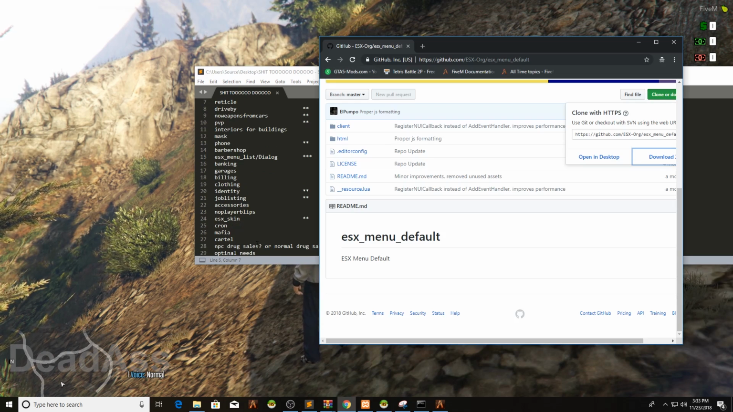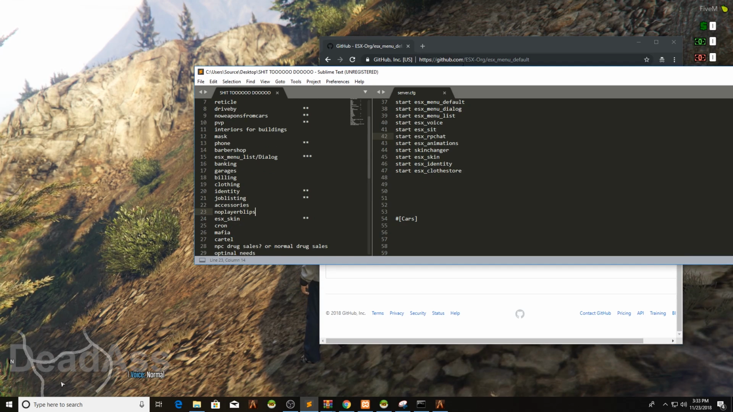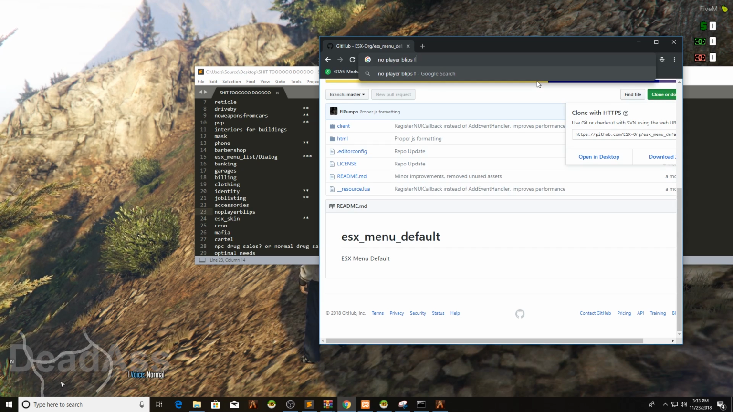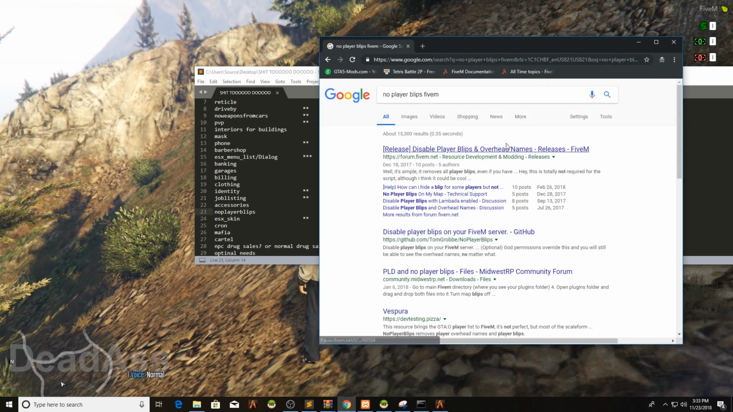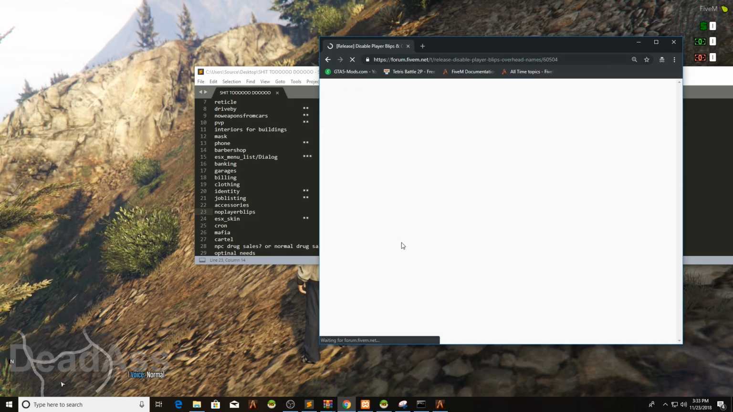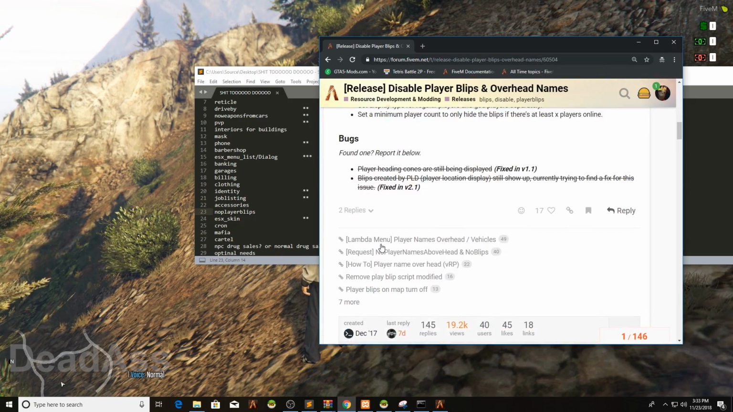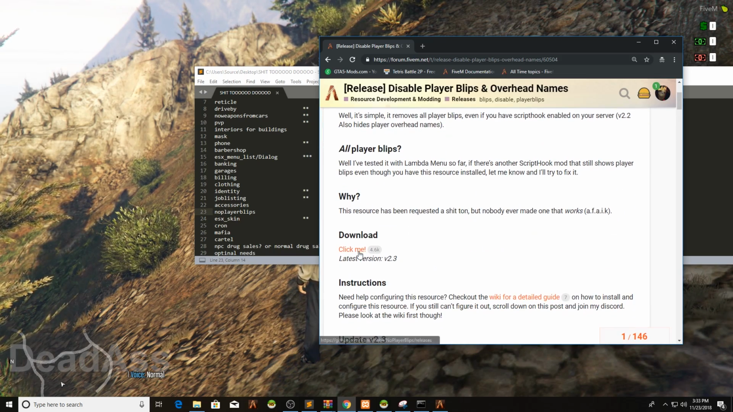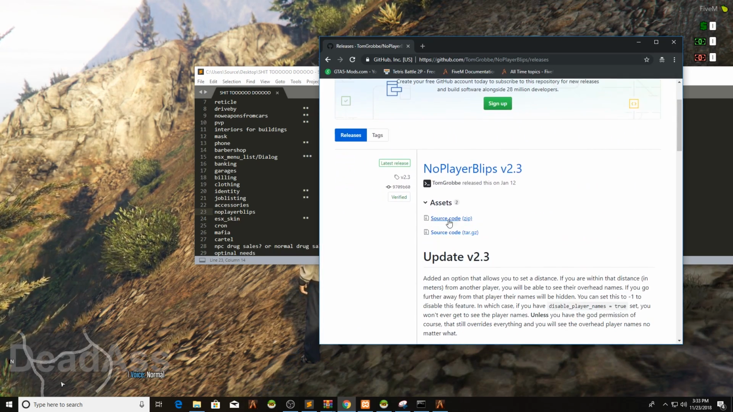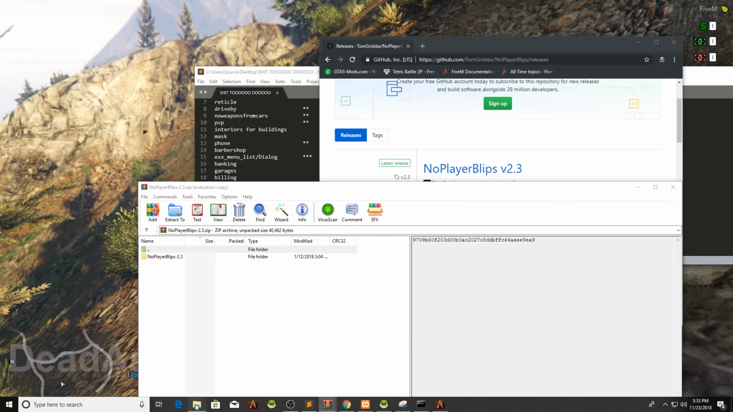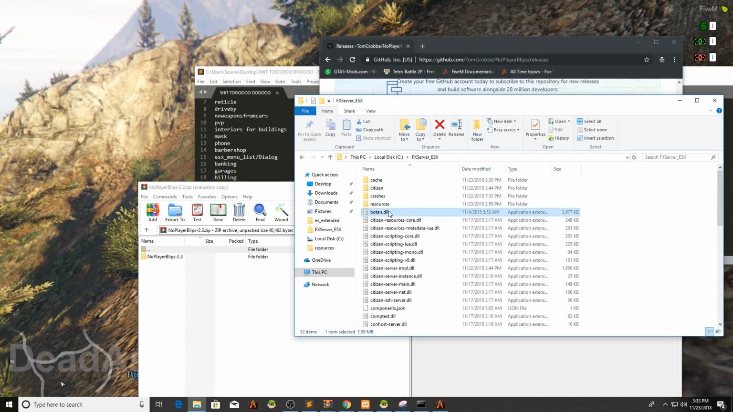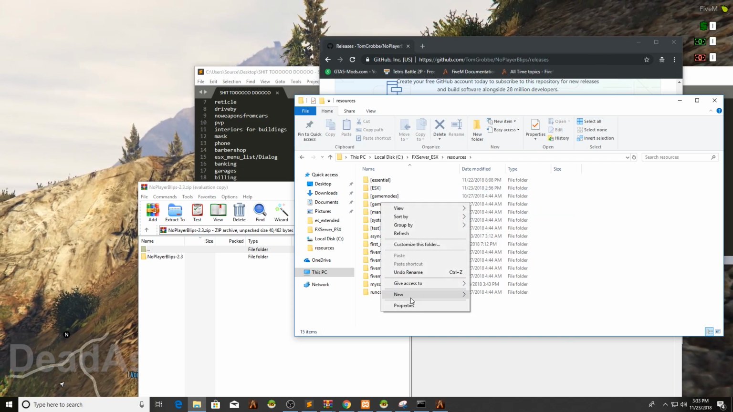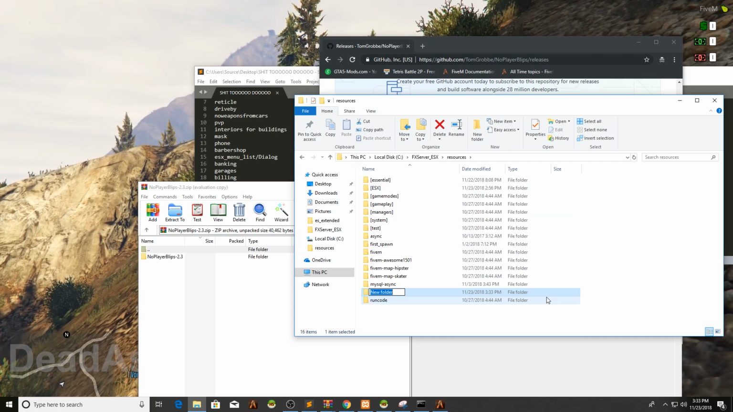So first off, actually let's get the basic stuff done. We need to make sure there's no player blips. No player blips, FiveM. Disable player blips and overhead names. So now we want to, where's the download button? Click B, bada boom, bada bam. So we'll copy that, open that. Let's go back to our resources folder. Now you don't want to put this in your ESX because you know it's not ESX. You want to make another folder called